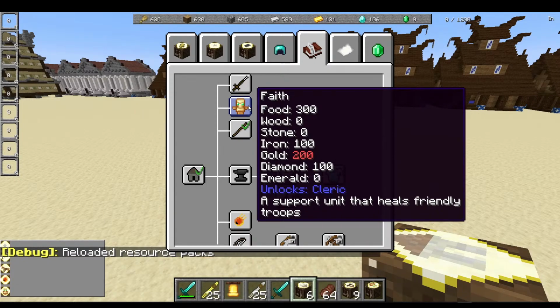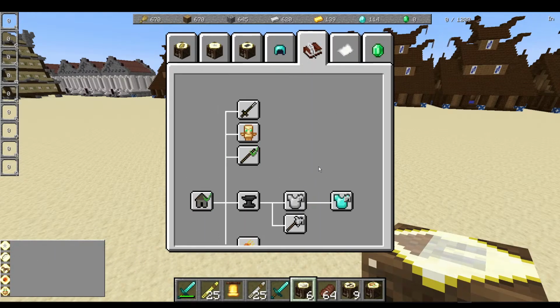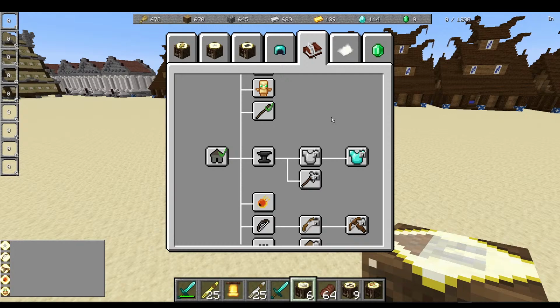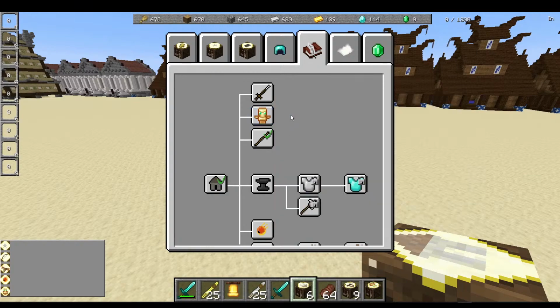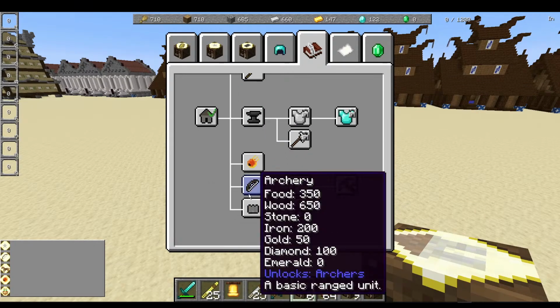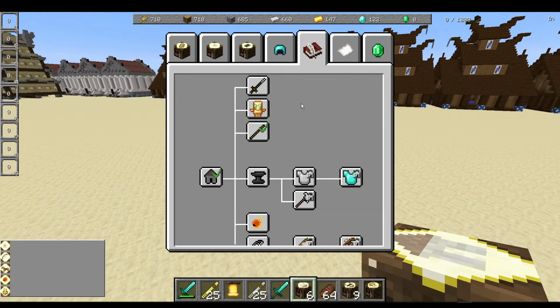Okay, we're almost to the point where we can buy this. We are at a point where we can buy this, but it's locked, so that is working properly. So my plan for Faith is to have the cleric, and then another tier, like we have, you know, archers, multiple tiers, and that second tier will maybe lead to paladins eventually. I don't know,